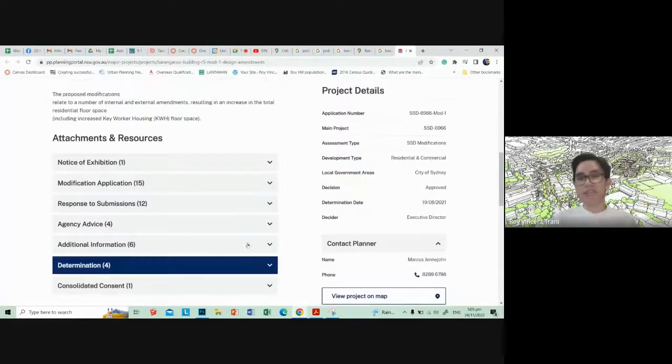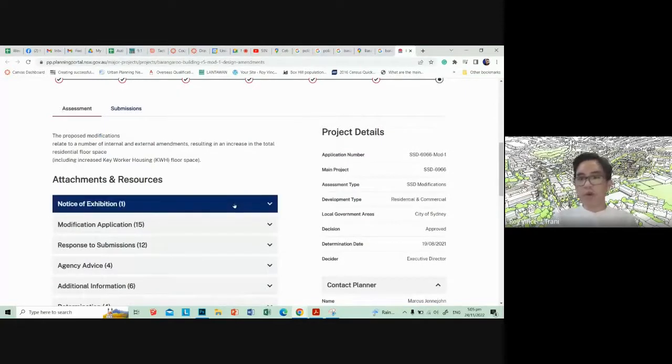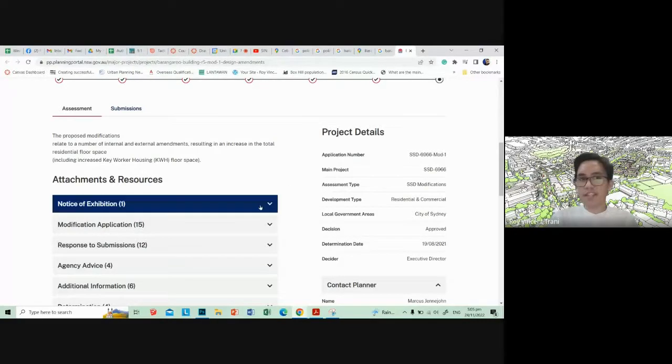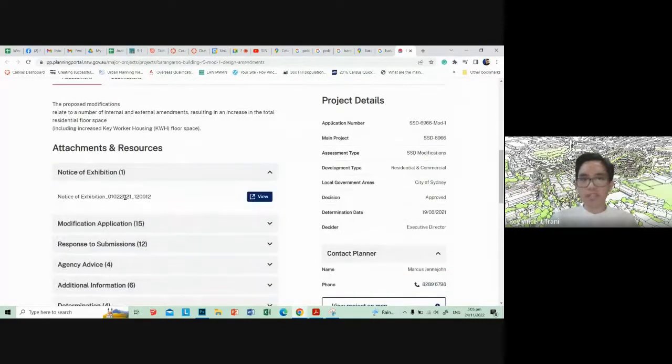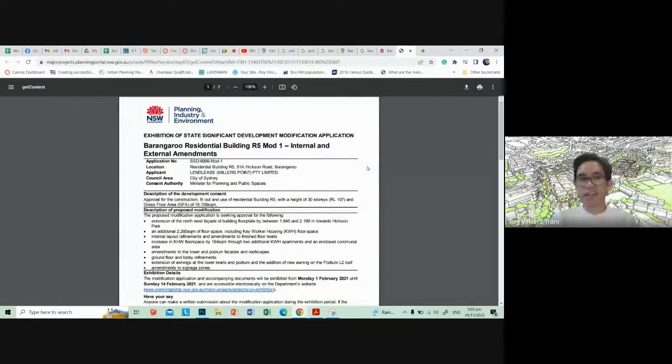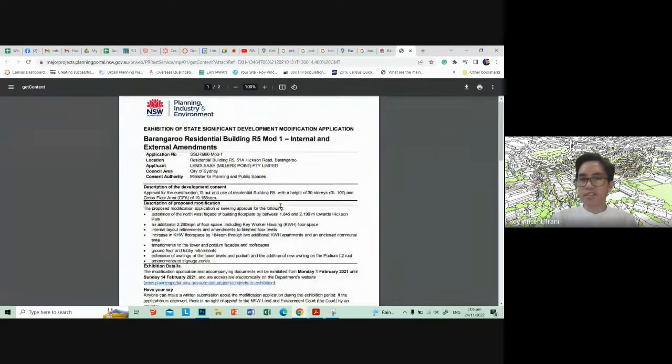So in developed countries like Australia, most large developments like mixed-use developments like this, anything more than 10 hectares, will need to have a public exhibition, meaning the public should be notified that this thing is being constructed. So the first exhibition of this